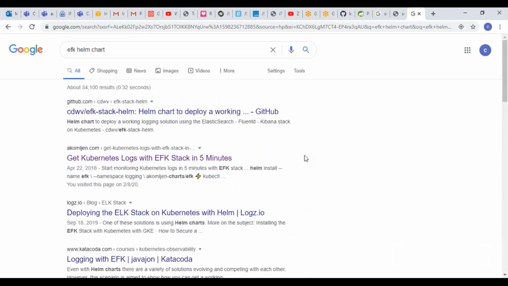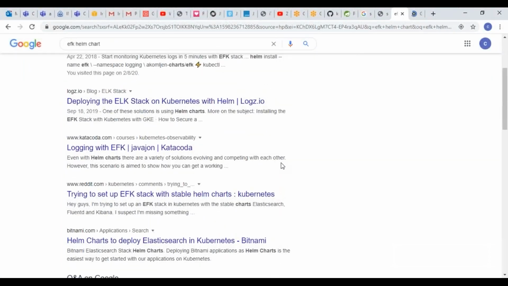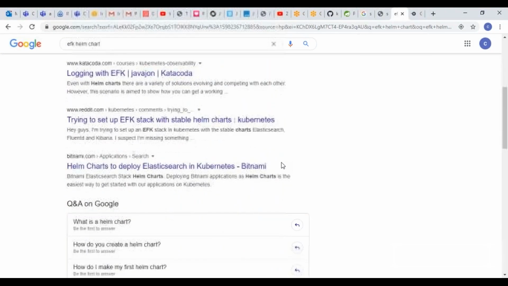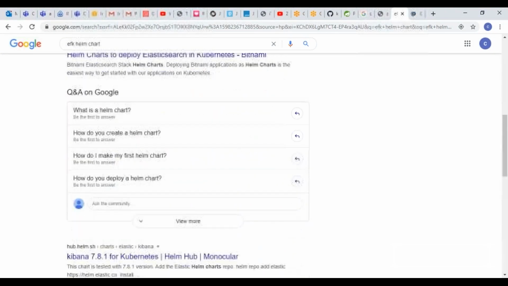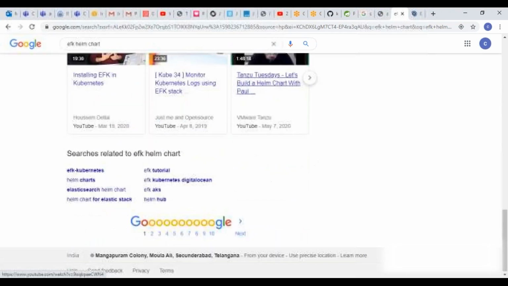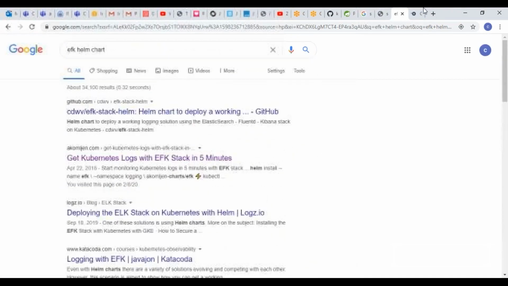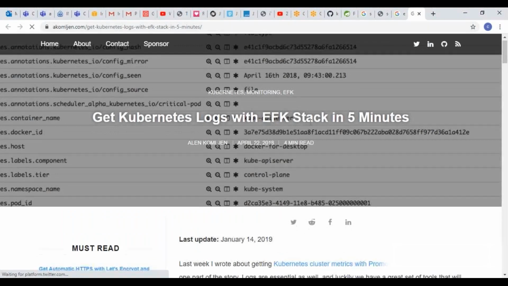Where is the default one? Some other persons also will place by doing some modification. See, again by default here, this EFK Helm chart, inside this default stable Helm chart location, will be available with the emptyDir volume, but in real time we don't use that one. So wherever you are using,